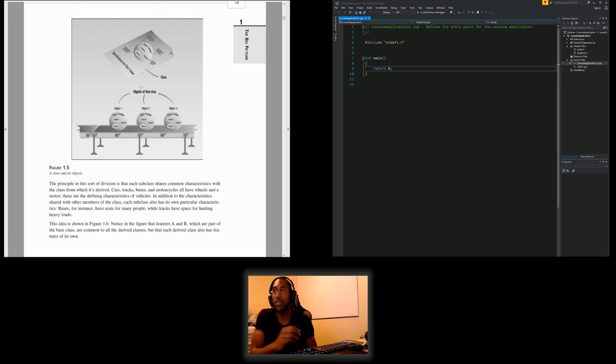So if we look at this diagram here, we see object one of class foobar, then object two of class foobar, and object three. And this shows three different objects. Now the principle